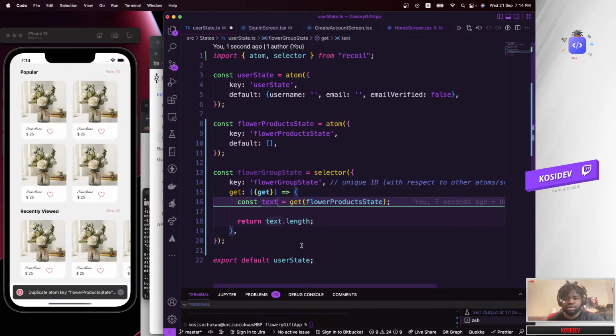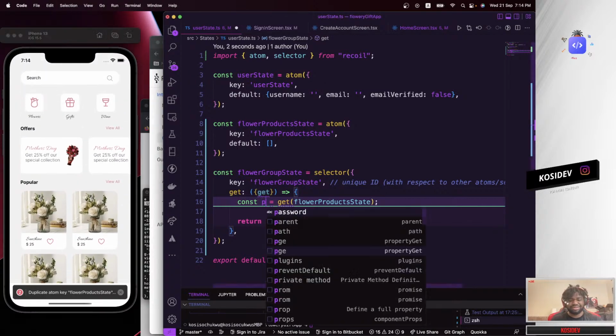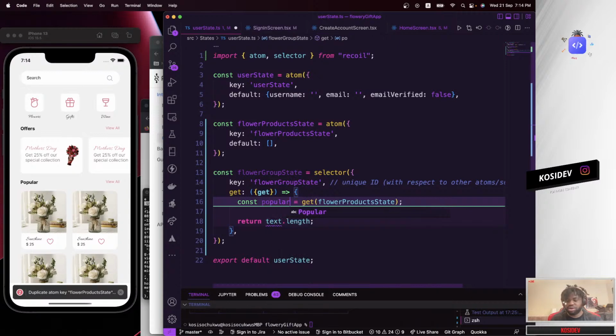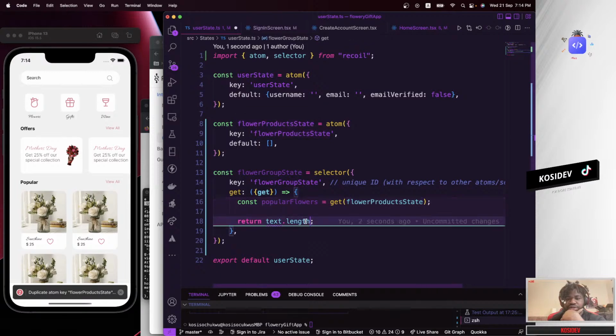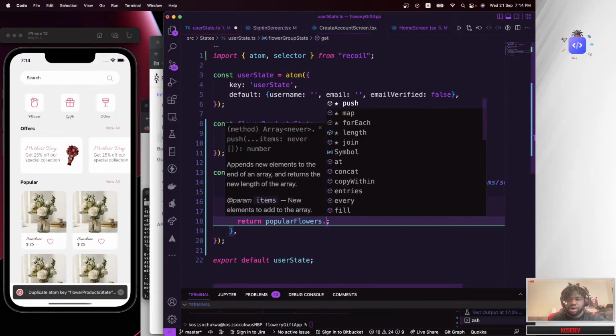In this case we want to get hold of the so-called is popular, so popular flowers. Yeah, I think that makes sense. Popular flowers. Using get the product state, get hold of that, and then return test or slice popular flowers dot